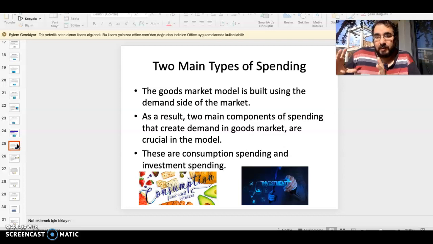But for now, we need to see the economic system without government to see how this intervention will actually work for the economic system. So basically, government is taken out. And when we take the government out, we are also taking the economic system as a closed system. If we had international economics, we would also see the effect of international economics, although because of the corona crisis, we have taken international economics out. But if you're interested, I can still provide you with all information and the lecture notes for that. So taking government spending and international economics out, we have two different types of spending: consumption spending and the